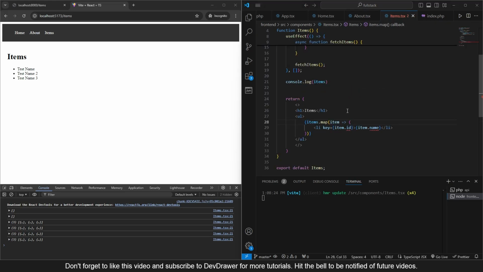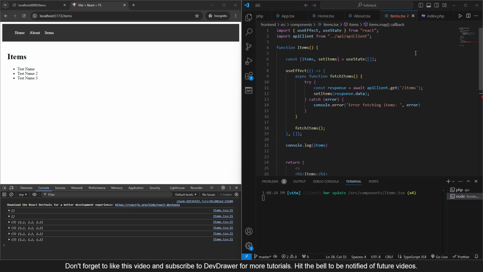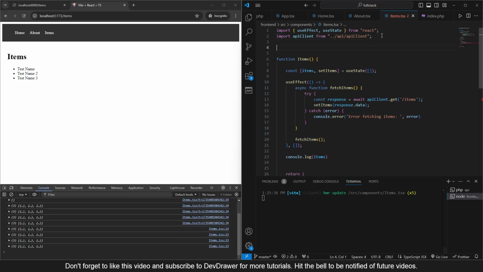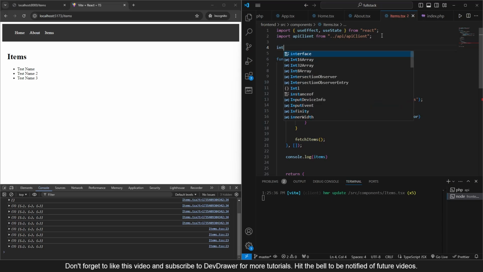All right, so typically I'm developing in JavaScript, so TypeScript handles it a little bit differently. We actually need to declare the interface that we're using. So this use state right here needs to change, and then we also need to declare the interface. TypeScript is very type oriented, so it needs specific declarations for things. If this was JavaScript, it would work just fine, but with TypeScript we have to do something like interface